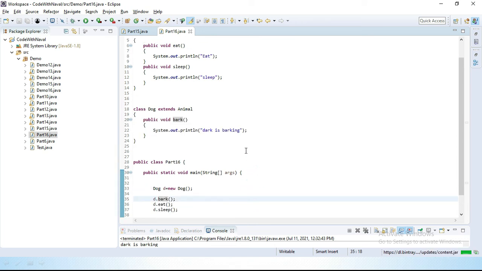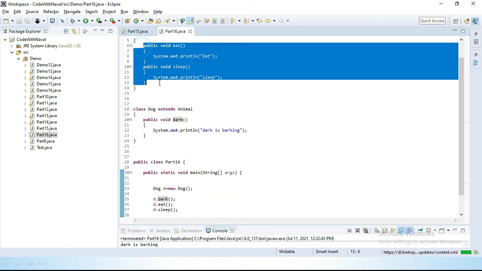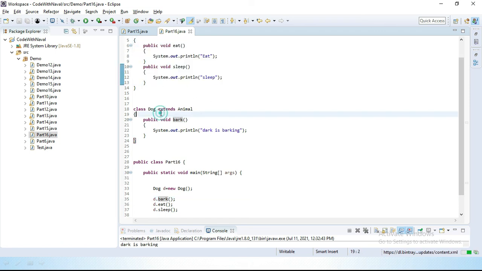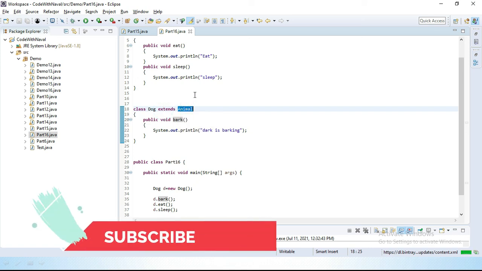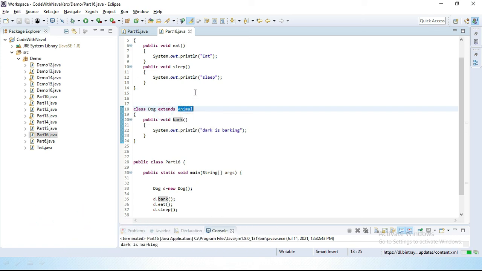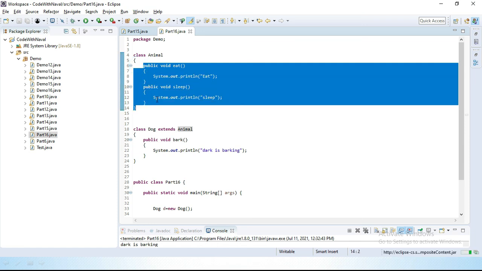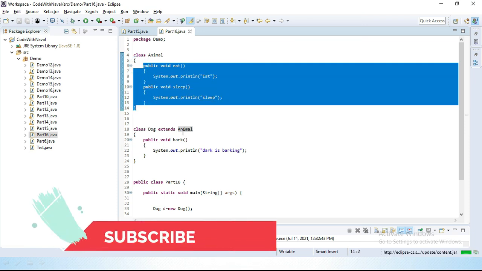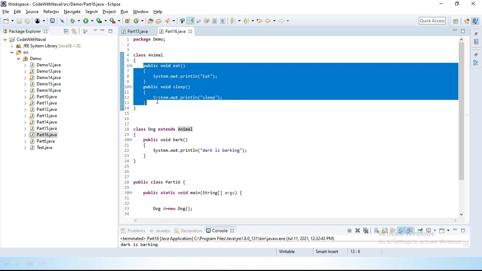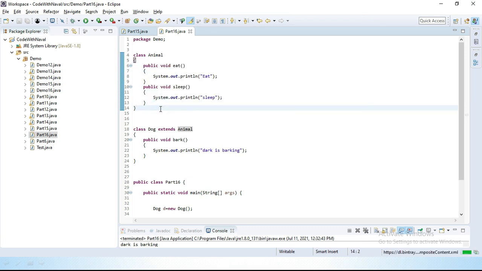Instead of writing this code again inside the dog class, we simply extend the animal class. In this way we can reuse code, improve our code, or we can say remove duplication. If I write this same code inside the dog class, that code is duplicate code. In this way we can achieve inheritance, single inheritance.